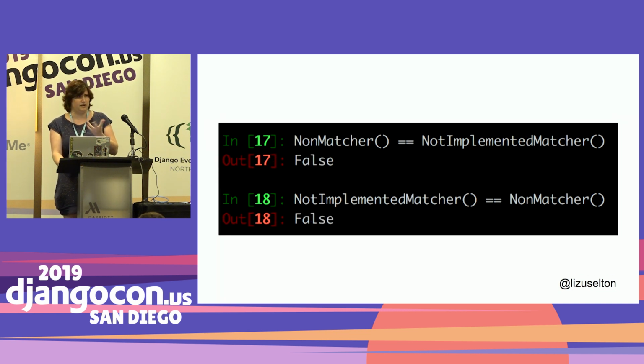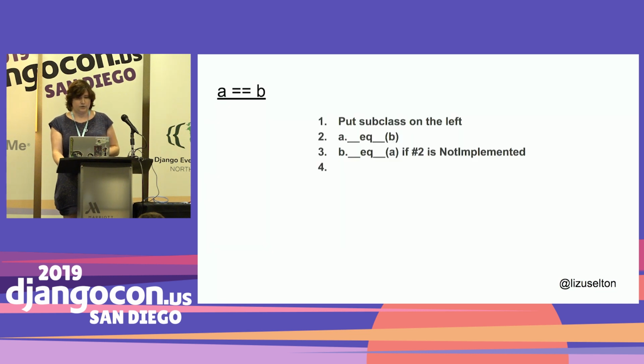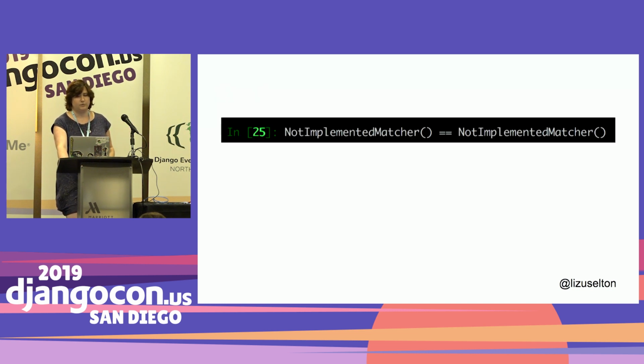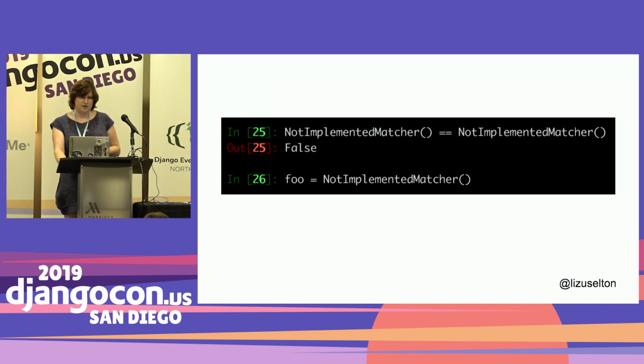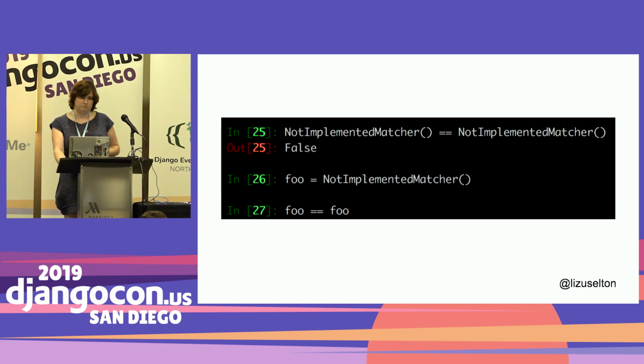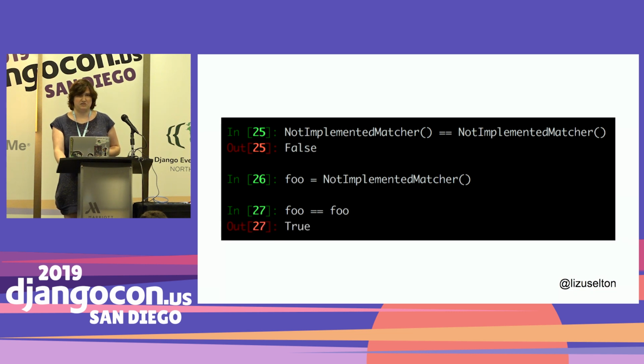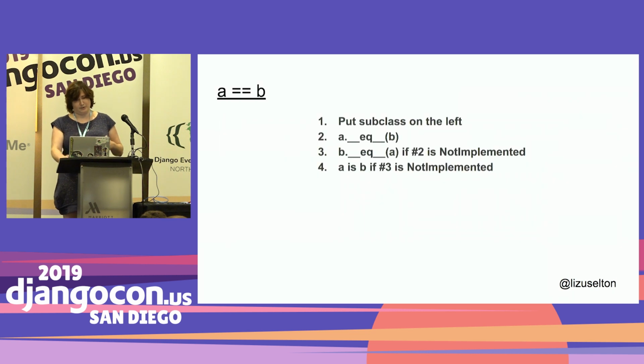It's like we have a consistent result, not dependent on which side of the comparison we're on. So we now have three of the four things that double equals does. It puts a subclass on the left, A dunder equals B, then B dunder equals A if the first one was NotImplemented. So what happens if we compare NotImplemented to NotImplemented? We get false. Now we have a sort of rule 4 where it's false if number 3 is NotImplemented. But what happens if we save NotImplemented off to a variable foo and we say foo equals foo? We actually get true. That's because the last rule is that it actually does an A is B check